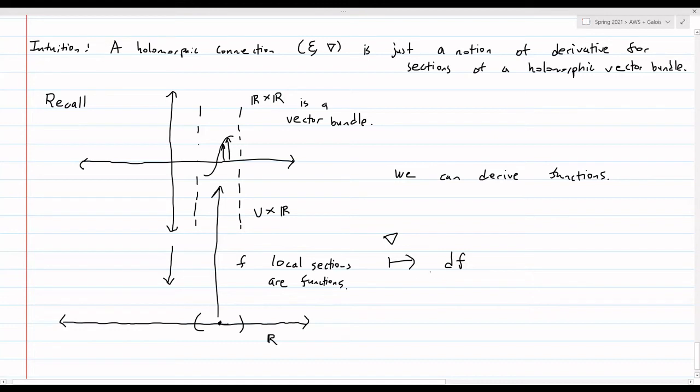So yeah, right. This is how I'm taking a function, and the connection map is giving me a one form, which is packaging all of the directional derivatives into one operator. Right. Okay. And now if I want to